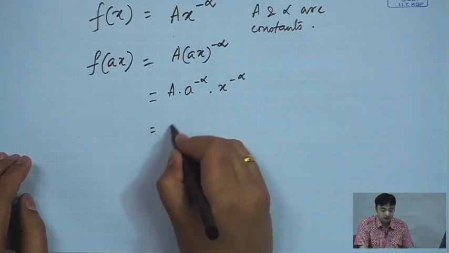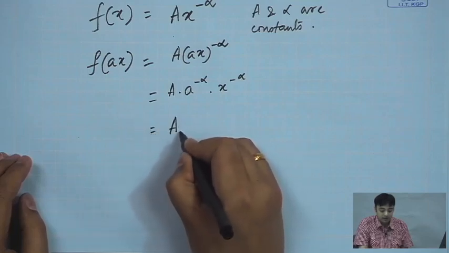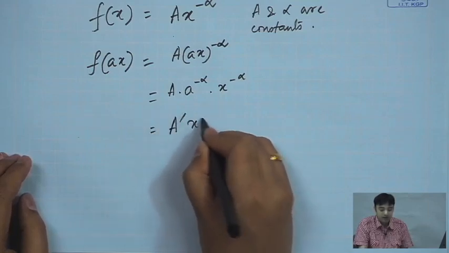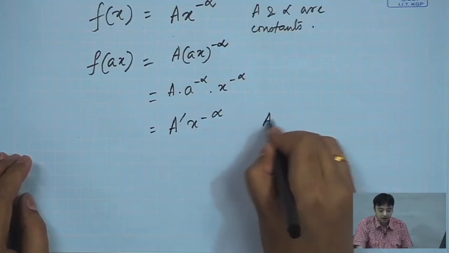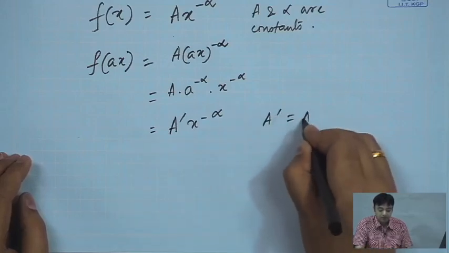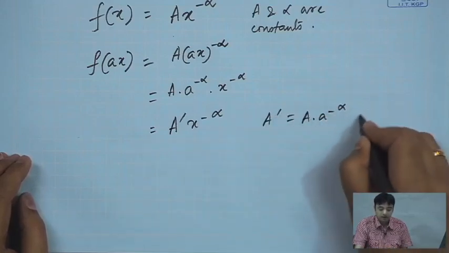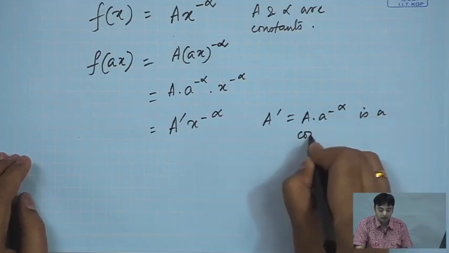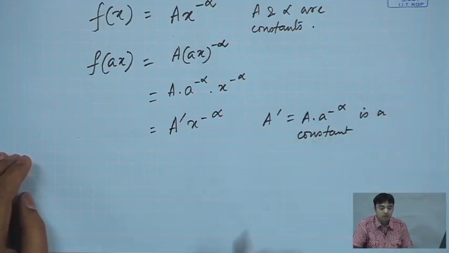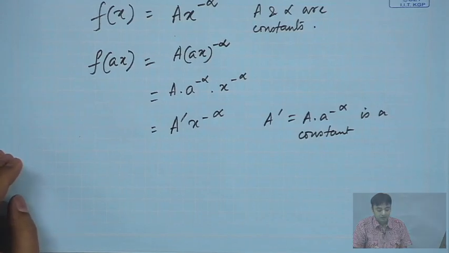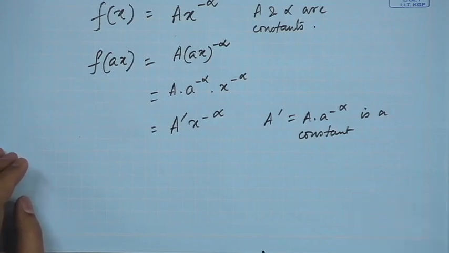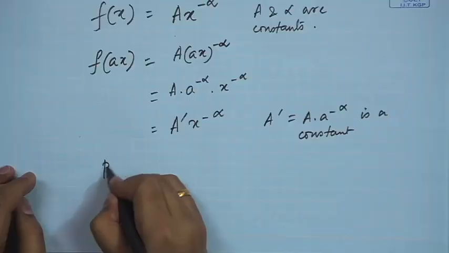Now, this can be written as some a prime x to the power minus alpha, where a prime is equal to a into a to the power minus alpha, which is a constant. So, you see the new scaled function also looks exactly similar in shape to the original function f x. So, that is why power law